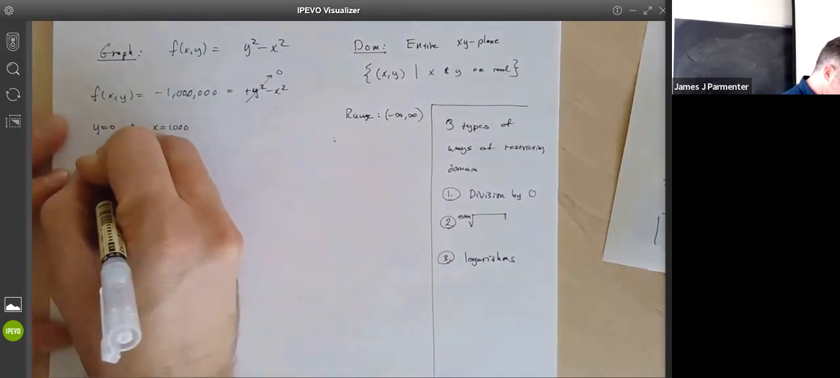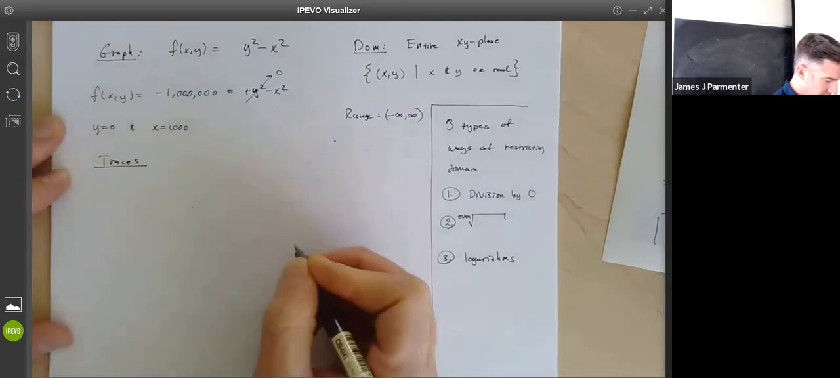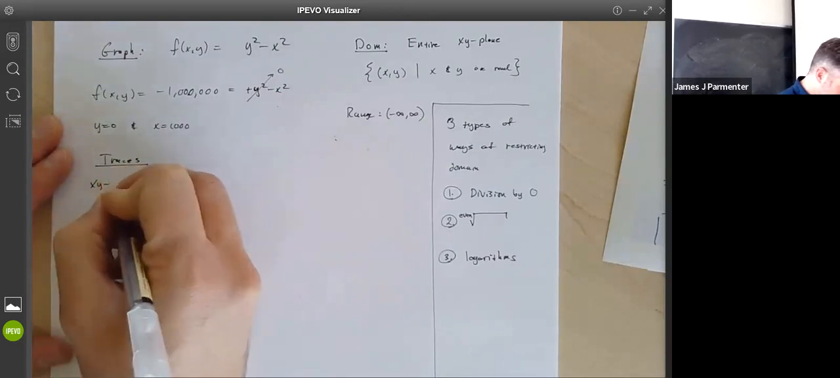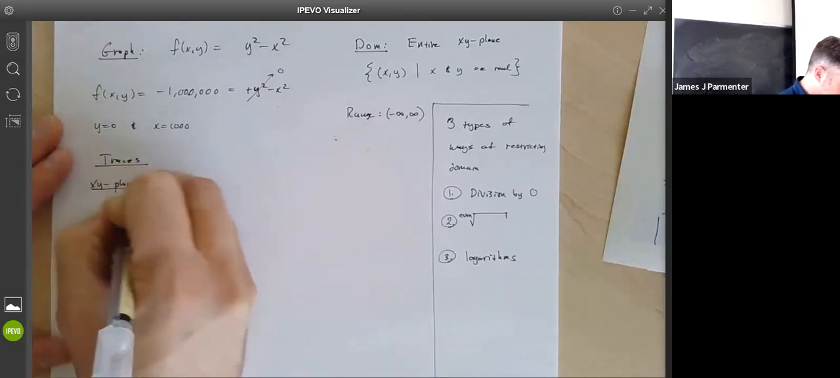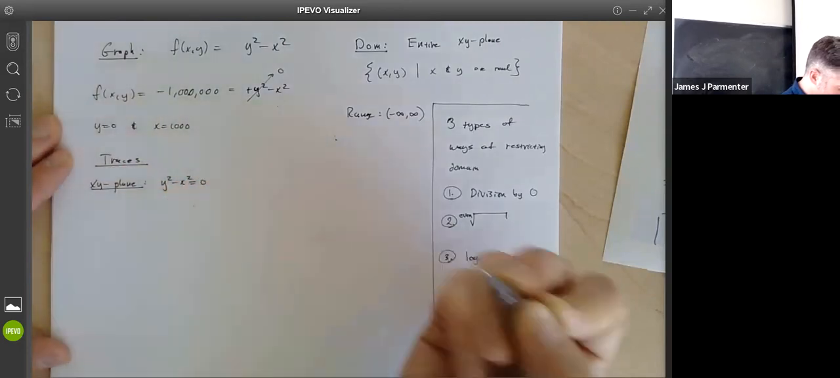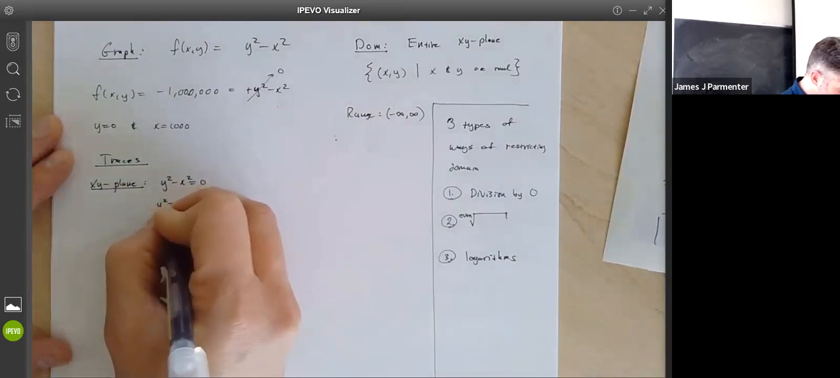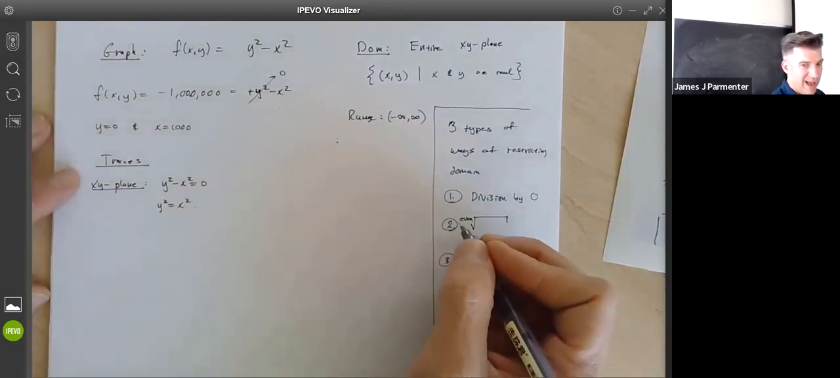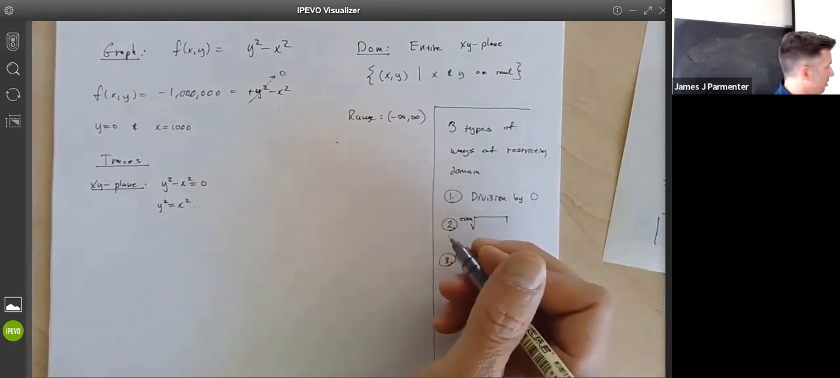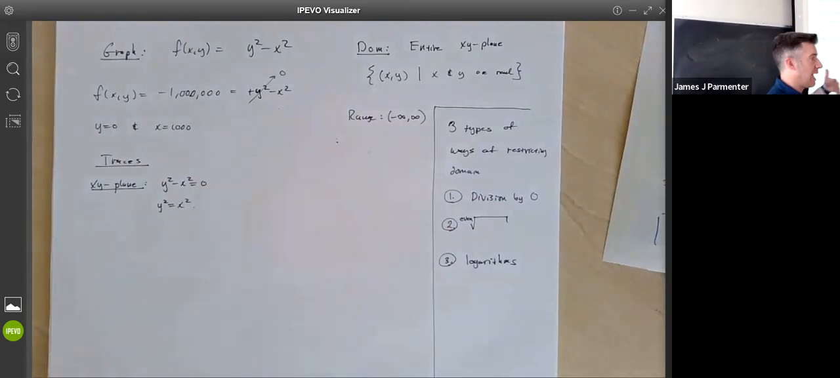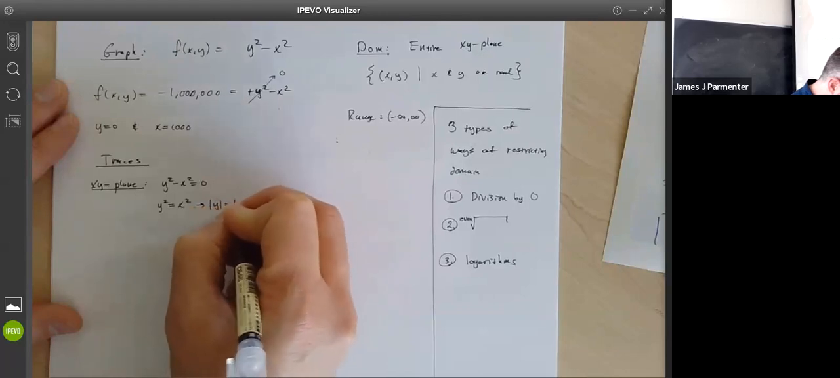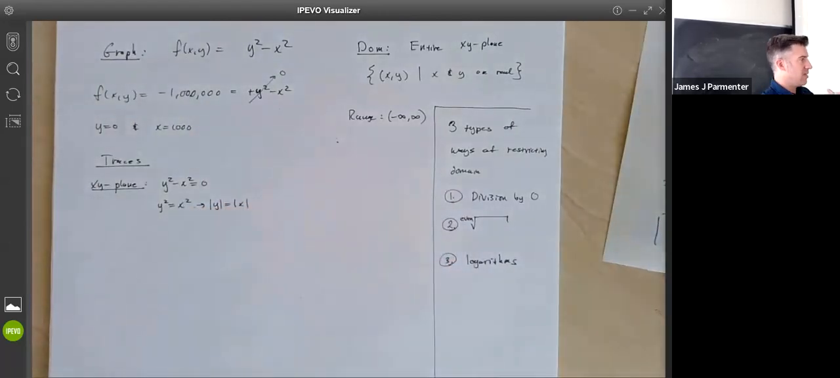So traces. The XY plane is terrible. So in the XY plane, we have, again, z equals 0. So we have y squared minus x squared equal to 0, which is y squared equal to x squared, which is what? It's not just y equal to x. If we take the square root of both sides, it's actually the absolute value of y equal to the absolute value of x, which means that we have this weird kind of y equals x and y equals negative x